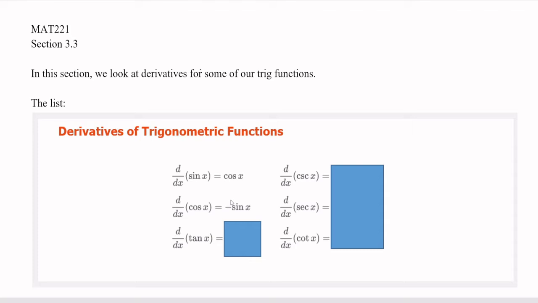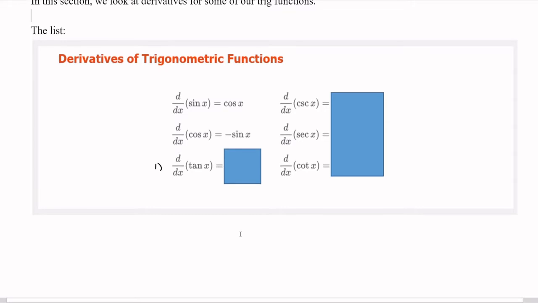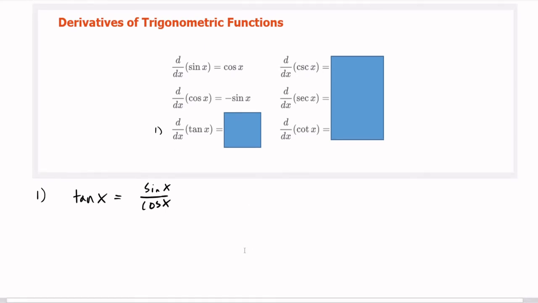So the first thing I just want to mention, just to get you thinking, like this is a very valuable thing to be able to do, is what's the derivative of tan? So okay, tangent. What's tangent? So for this first one, we'll call this number one. To do this derivative, we have to remember that tan is sine over cosine. So this is a very valuable thing to be able to do, to be able to recognize that,